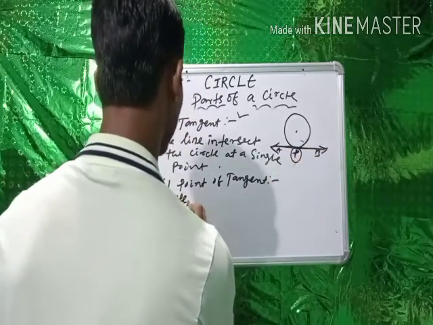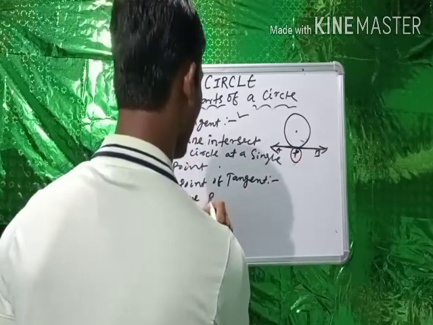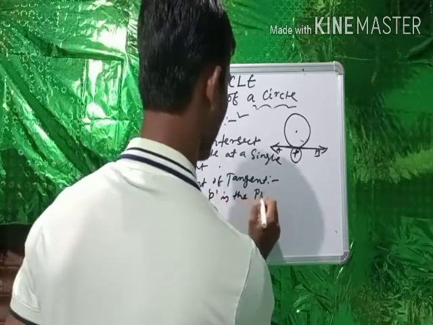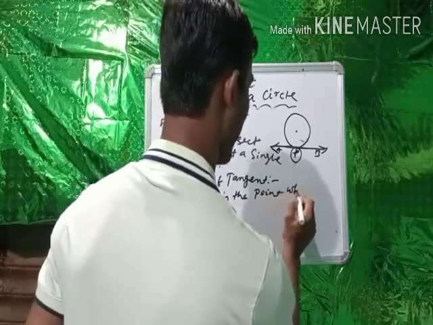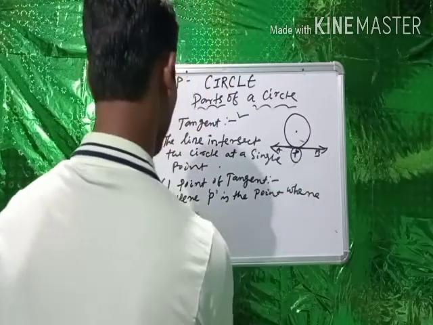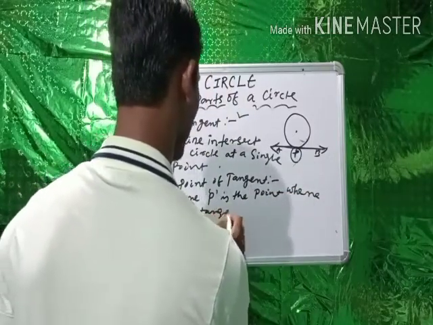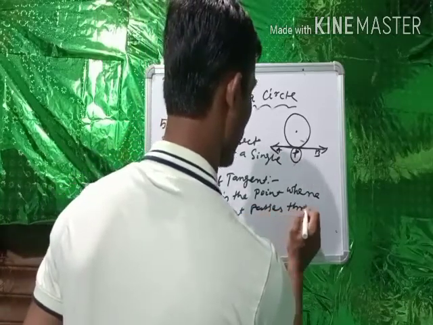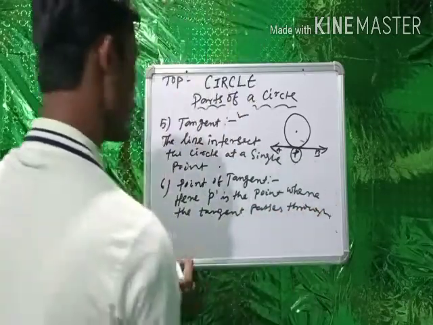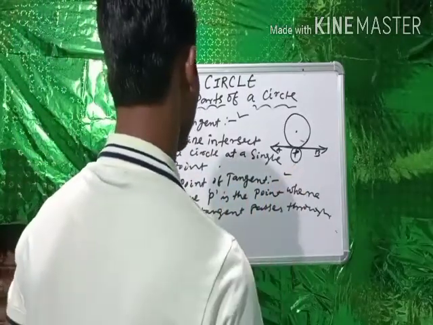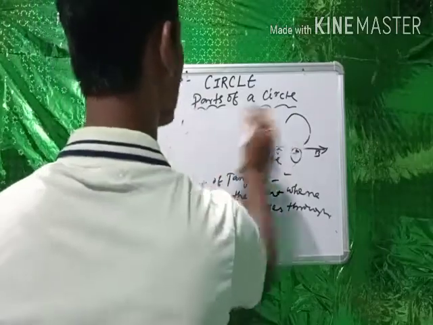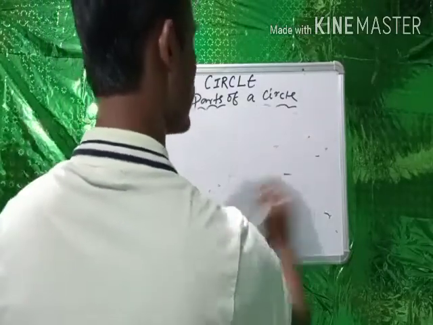Here P is the point where the tangent passes through. That is called the point of tangent. Now next is